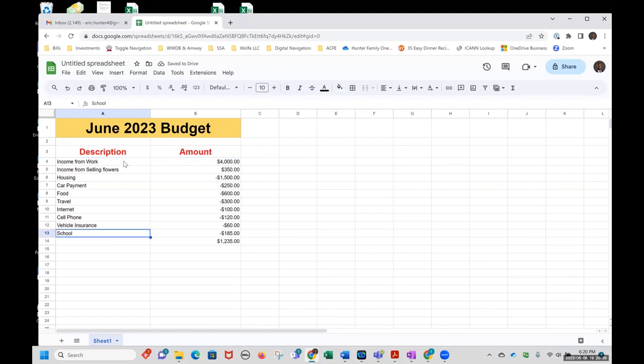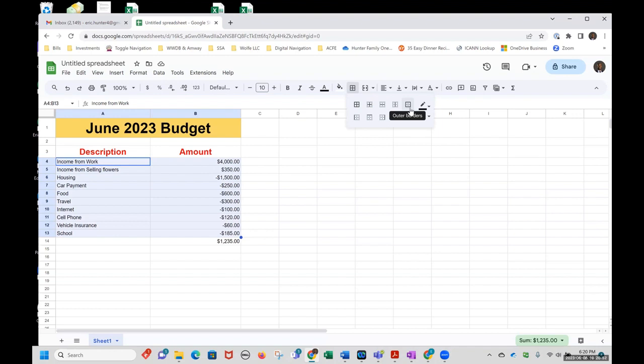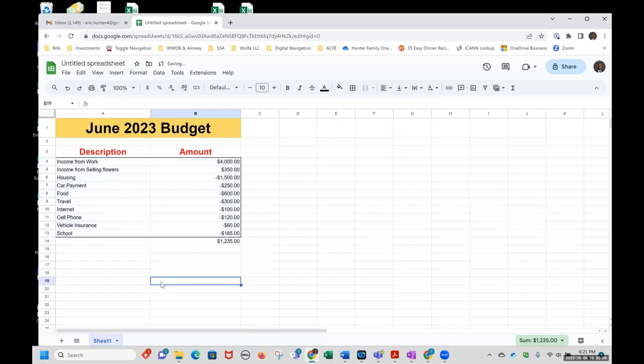And then down here, we've got all of our numbers. I'm going to just highlight because I want to put some boxes. I want to put some lines around all of this. That makes it look a little bit cleaner in my opinion. To do that, you just select the area where you want the boxes. So let's say I selected this entire area, and then I came over here to where you see borders. See this one that says outer borders? That means it's just going to put one border around that whole block that I selected. So let's look at that. You see how it put a border around